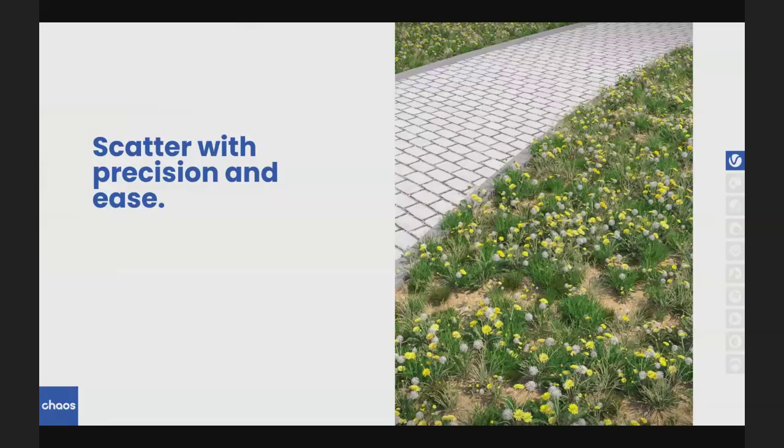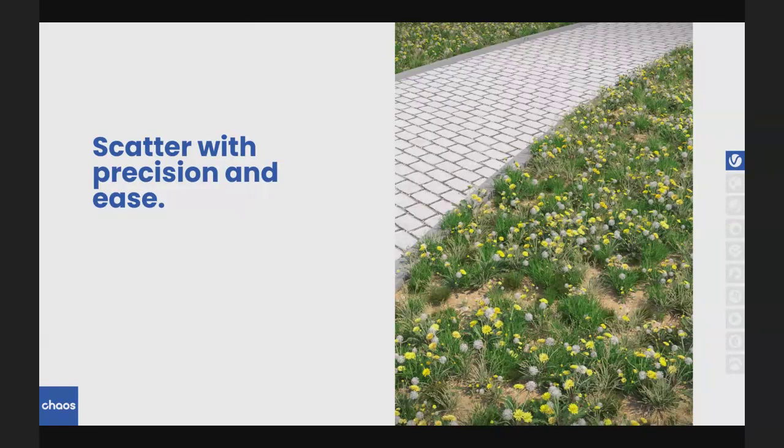Then we're going closer, and we wanted to have all these scatters to create the greenery in our project. For that reason, we're using scatters. The scatters are extremely useful in such cases, because with their help, we can achieve beautiful results right out of the box. We can apply different ones, which are extremely realistic, as you can see right here, like flowers, grass, and things like that, and scatter them without any hassle.